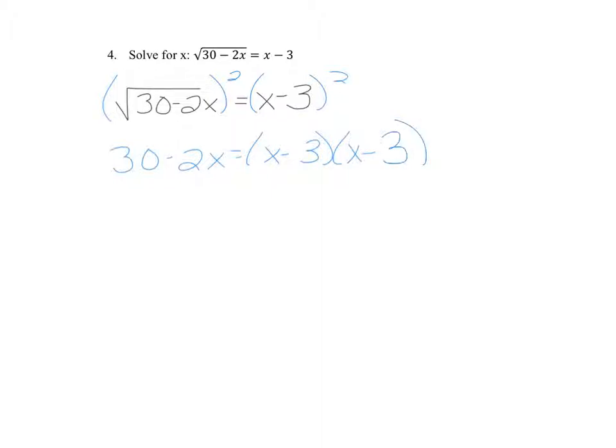So from here, I'm going to distribute, and that gives me x squared minus 3x plus 9, bringing down the left side of my equation. I notice, as in many of these problems, that I have a quadratic, or an x squared, so I am going to bring over my other two terms so I can factor. So adding 2x and subtracting 30,